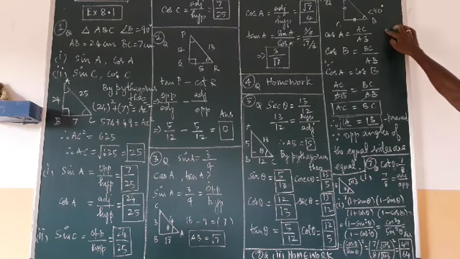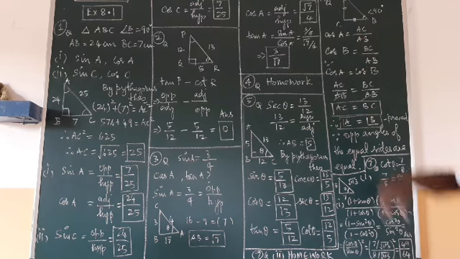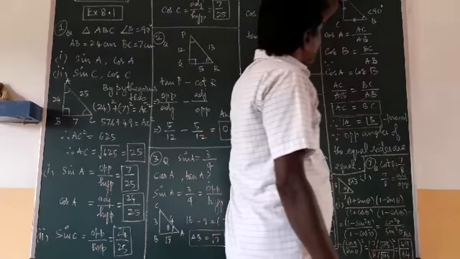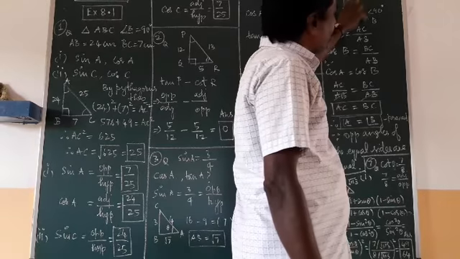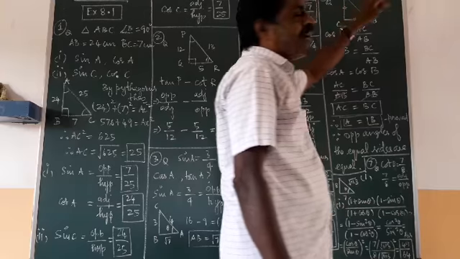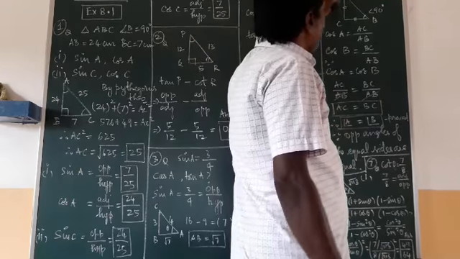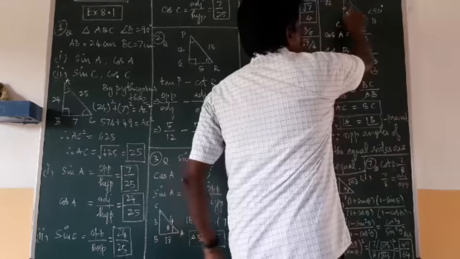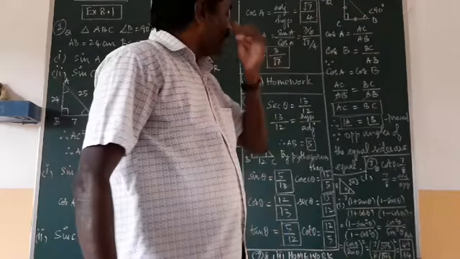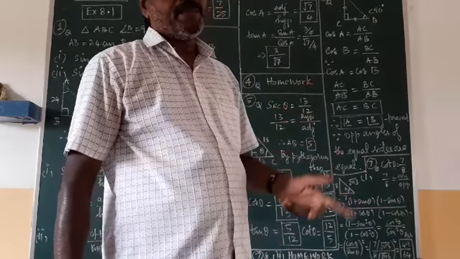Sixth question. They are asking us to prove something. ABC is a right angle triangle. You have to prove angle A equal to angle B. So I am taking A and B as less than 90 degrees, acute angles. I am taking one triangle ACB, where C is 90 degrees. The condition given is that cos A and cos B are equal.